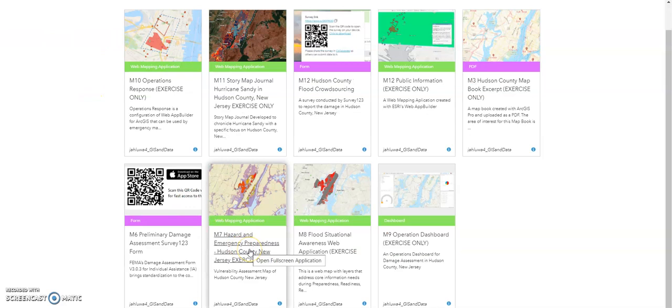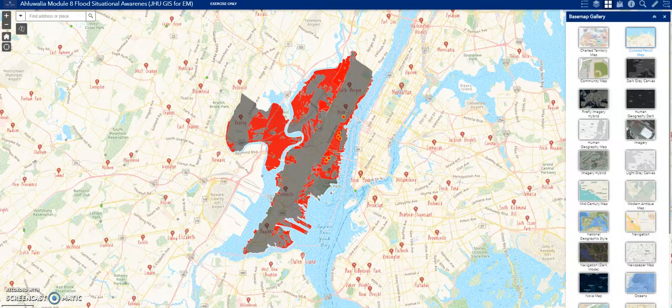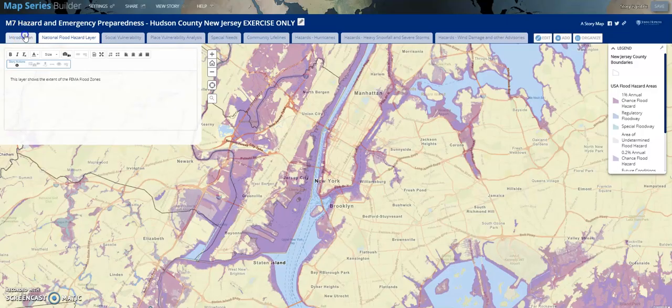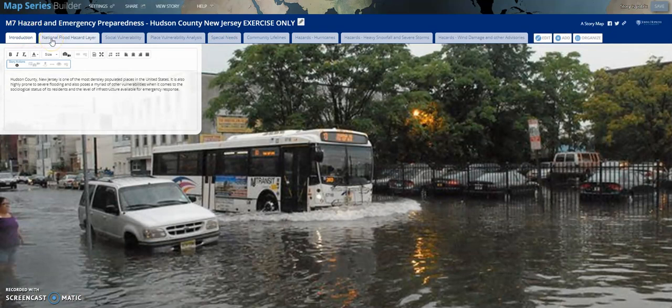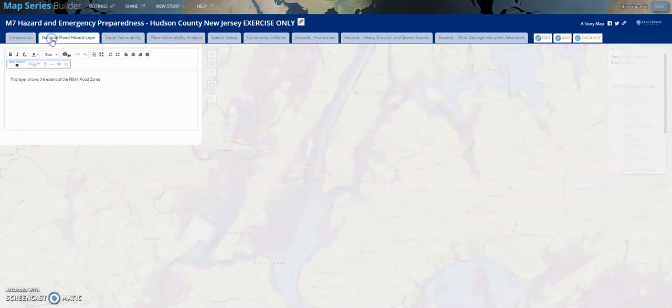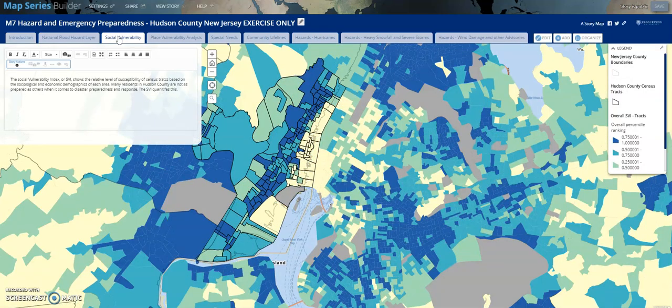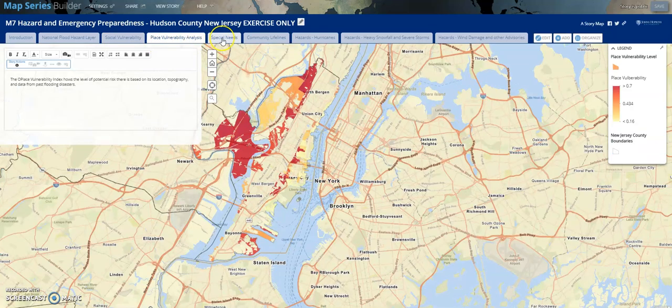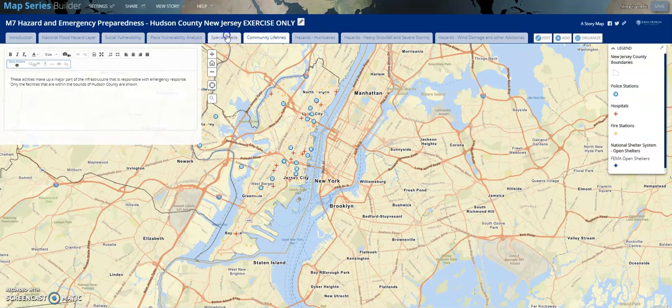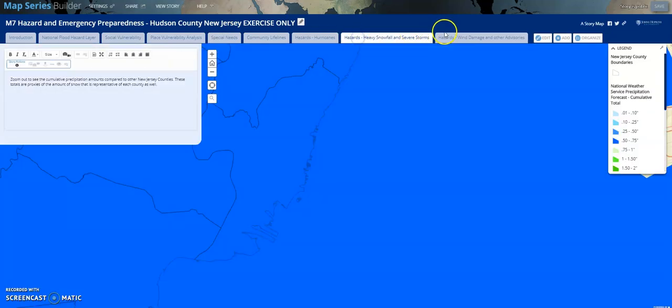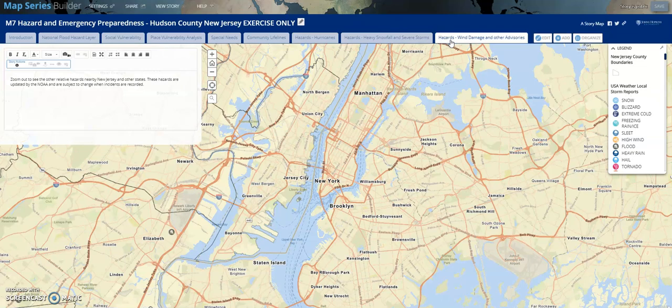So the first one that I'm going to show you is the hazard and emergency preparedness application. It's this one here, and it goes through a bunch of different tabs, and this shows essentially Hurricane Sandy and the flood that it caused. It goes through the national flood layer, which is designed by FEMA, social vulnerability, which is based on demographics and other things that could cause people to be disproportionately affected by a disaster. This is something that you saw before, but it's essentially place vulnerability when it comes to flooding, community lifelines. All of these tabs have their own role in telling a story about that disaster,